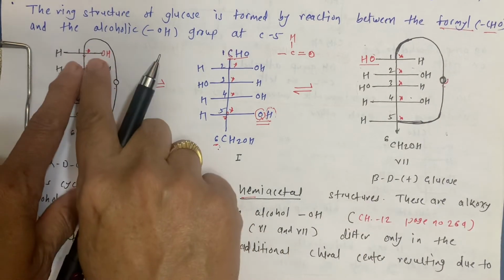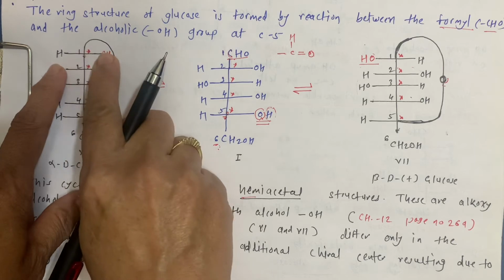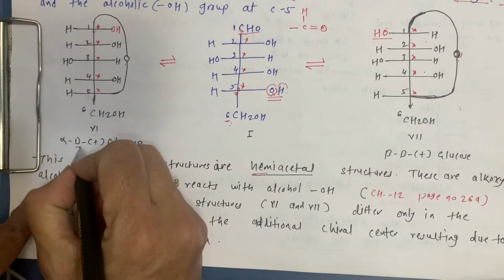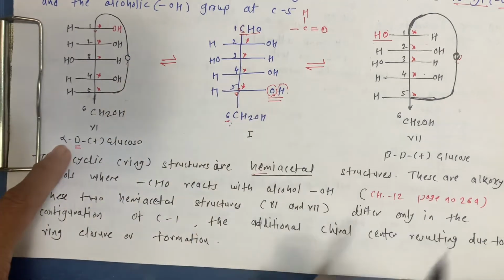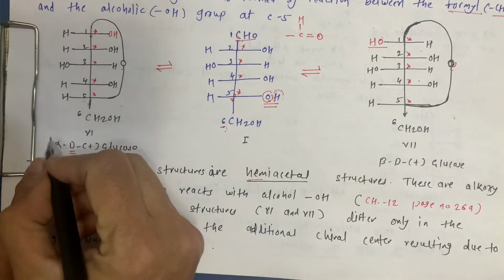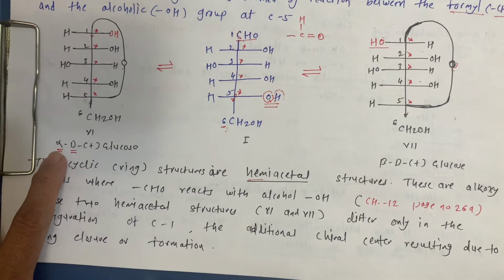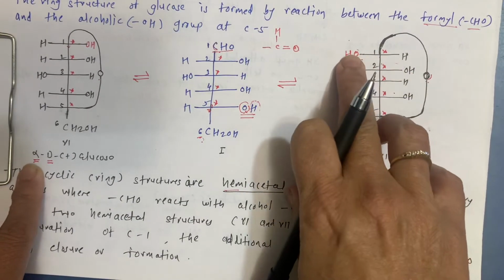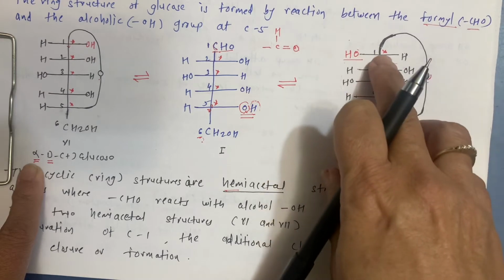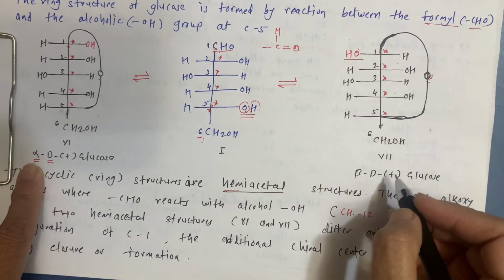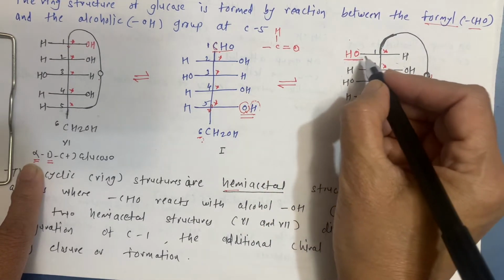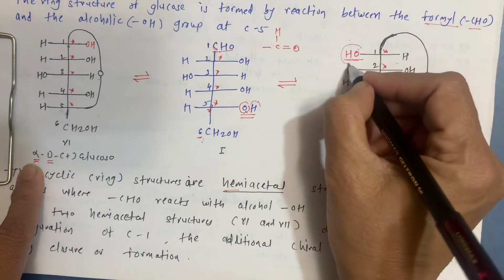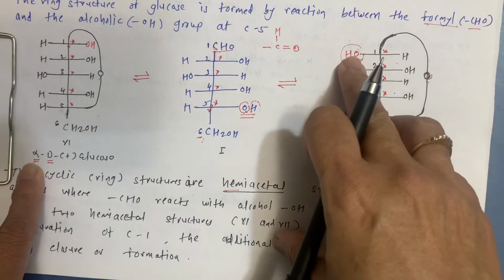This OH is to the right of this chiral carbon, and that's why this is dextro. This is dextro, and this is also mentioned by alpha. While in this other structure, the OH is to the left of this chiral carbon. So this is left here, and this is also the dextro structure, but now the presentation is different,